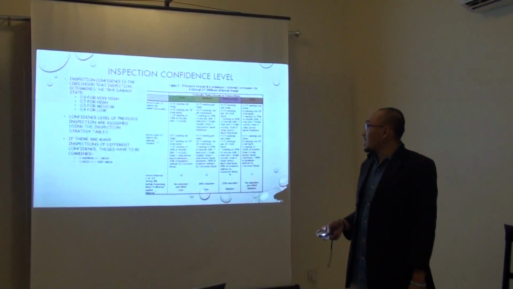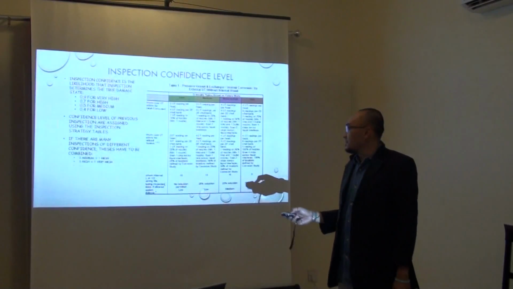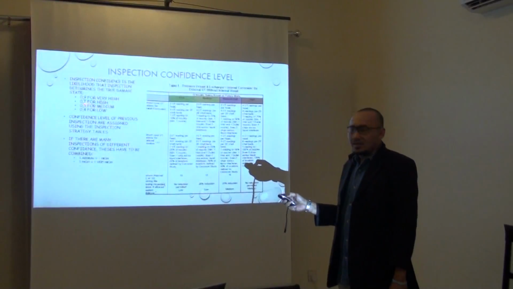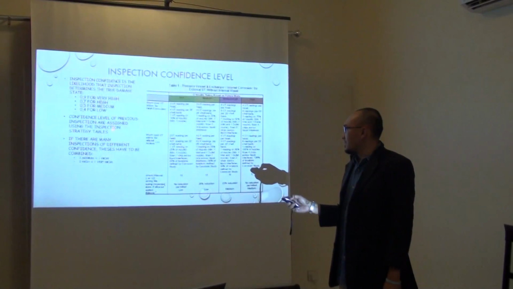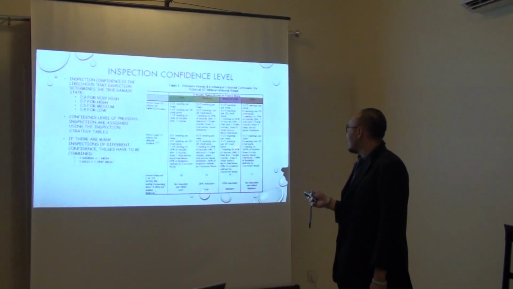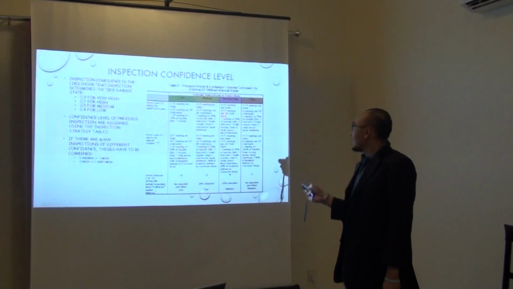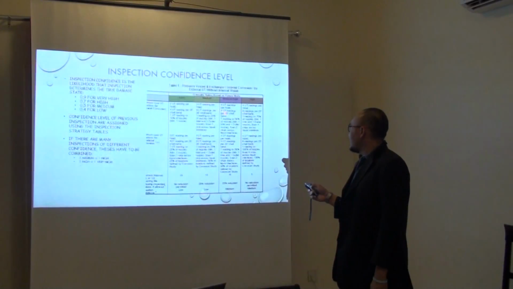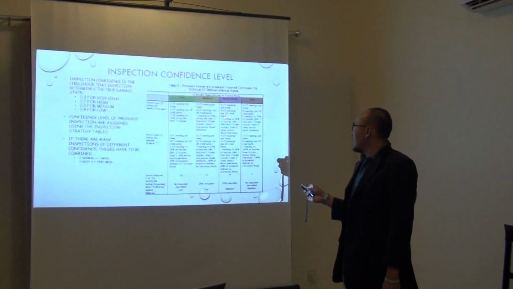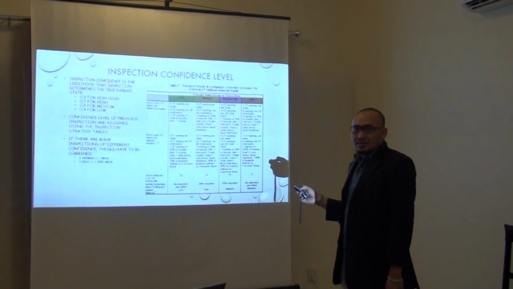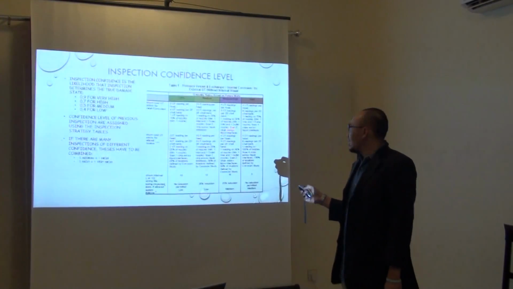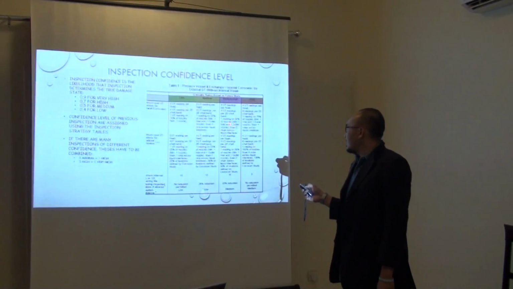Here there is an example about the inspection confidence level. For example, there is a very high condition, medium condition, and low condition. Here, for example, you can take one of them, which is medium high. In medium high, we have to do 4 times UT in the shell side or in the head side. And then for time also, we have to do UT on the shell of the pressure vessel itself.